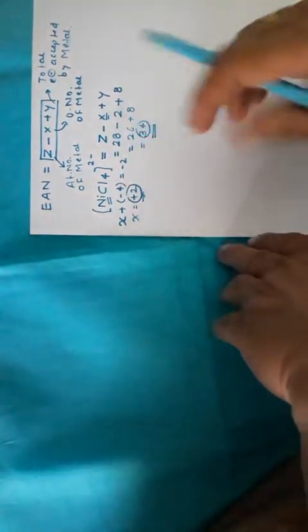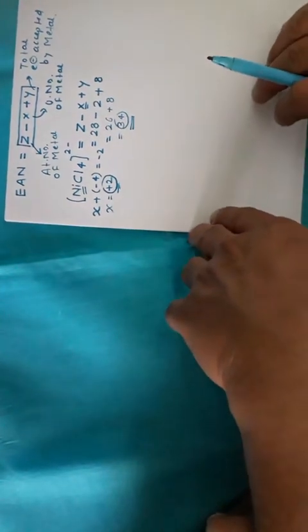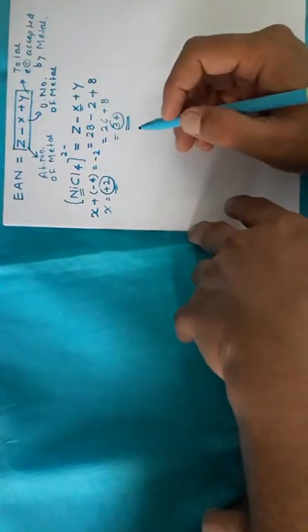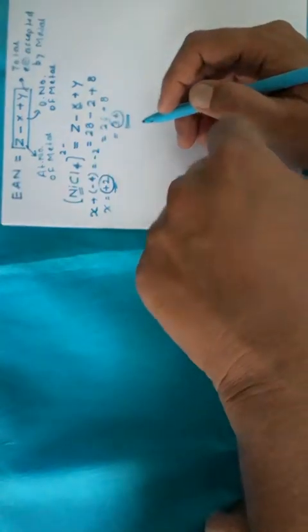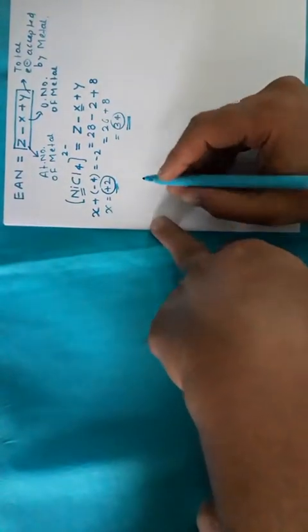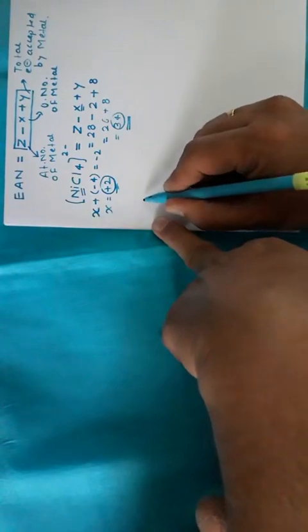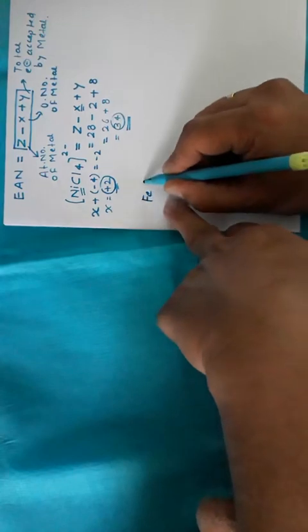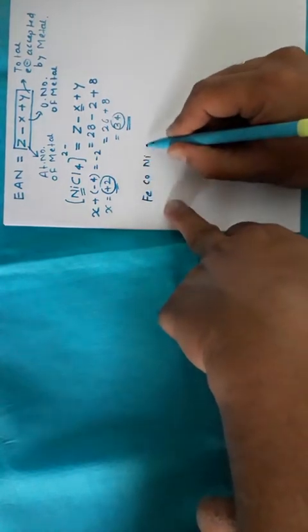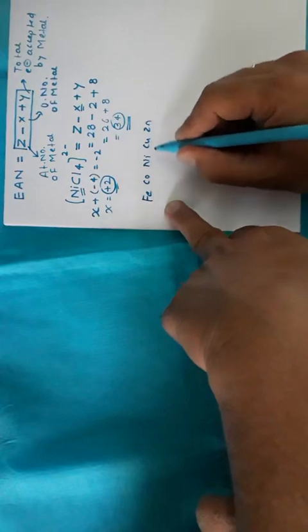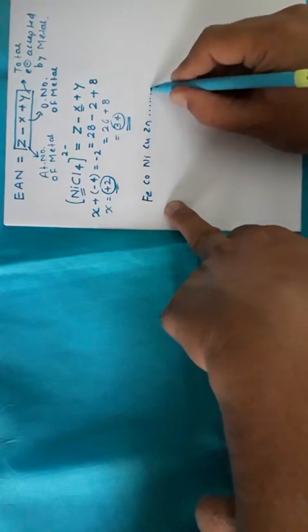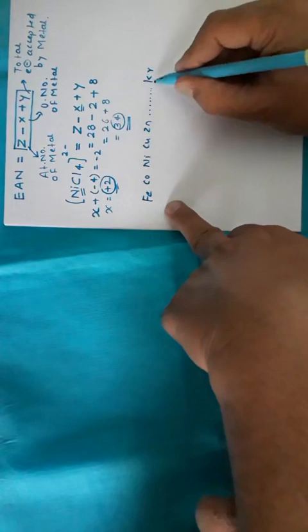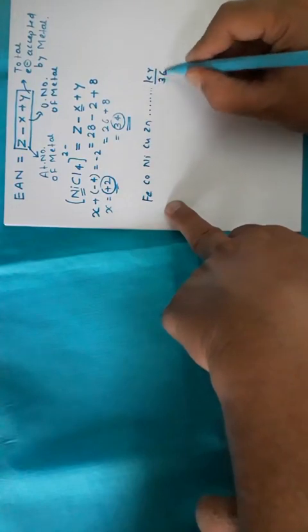Sometimes some students ask me, sir, what is the use of this effective atomic number? Frankly speaking, they say, sir, why do we find it out? Why are we finding it out? Now it's very simple, students. If you take d block elements, that is iron, cobalt, nickel, copper, zinc, the last element which you will find in this period is krypton, whose atomic number is 36.